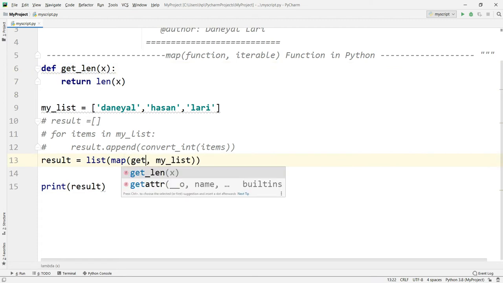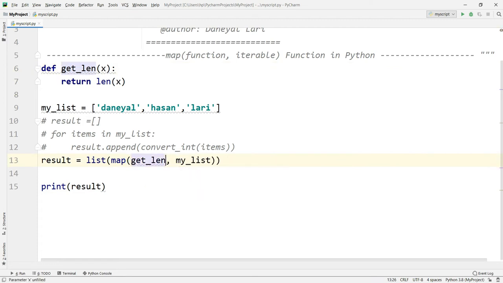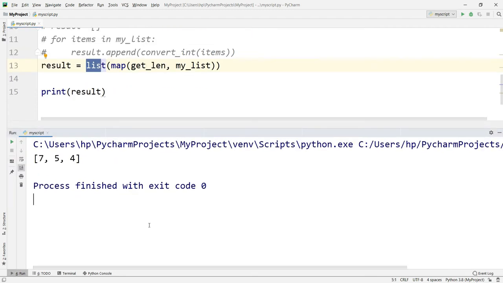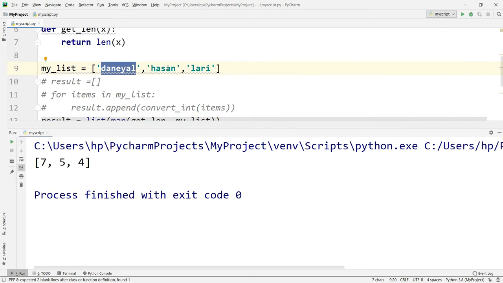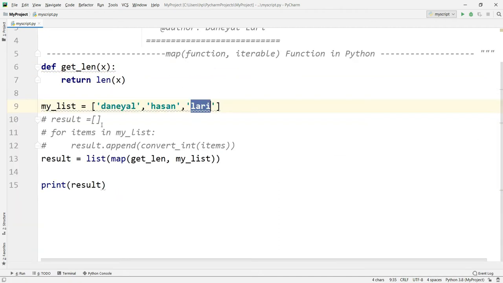Just look at this statement: every element will be passed in, it will generate the length, and after that it will be converted into a list. Look at the output. You can see the first string length is 7, second is 5, and third one is 4. So yes, we can use this kind of coding also.